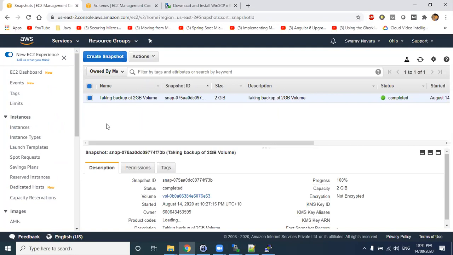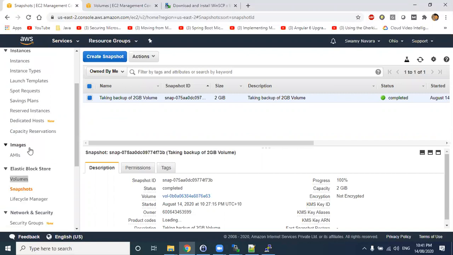I also have a doubt. When we create a volume, for example, I have created a volume unknowingly of 50 GB, but later I came to know only 10 GB is necessary. Can I reduce that volume size? See, you cannot reduce your volume size, you can only increase it. If you want to reduce it, take a snapshot of whatever data is in that volume, then create a new volume of 10 GB, copy the data there, then delete the older volume. Okay, thank you.